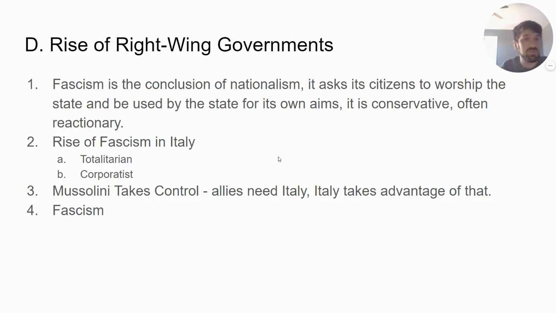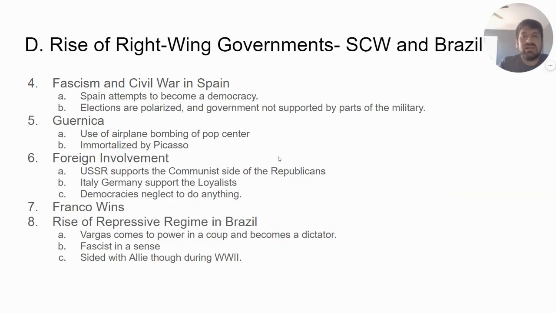Now, when Mussolini comes to power, there's an interesting development to this. Remember, Italy was a part of the Entente during World War I, that the Allies, in fact, needed Italy to maintain stability in Europe. And so while Mussolini ultimately is rather sympathetic to Hitler, the fact the Allies need Mussolini means that Mussolini is able to get away with a lot of hijinks, like, for example, supporting the Spanish Civil War or invading Abyssinia in East Africa. So that's the gist of the first crisis of the right-wing government.